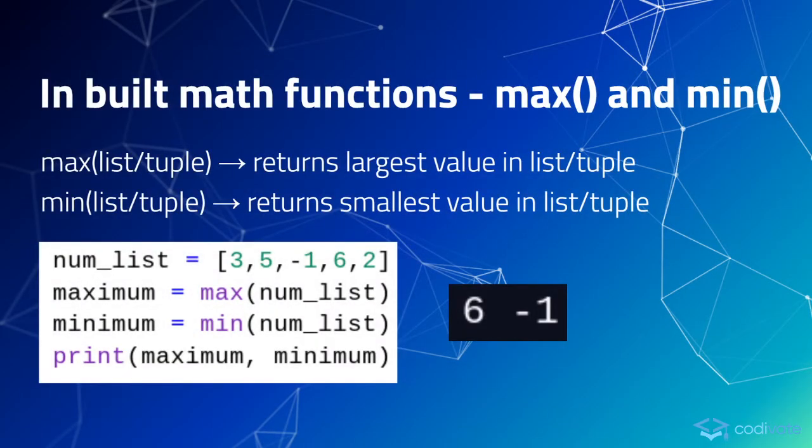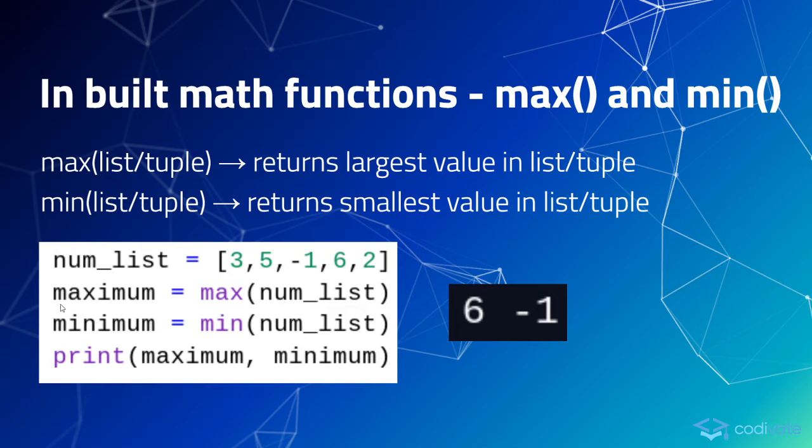So another useful inbuilt function in Python is the max and min functions. The max function can be called on a list or tuple, and it will return the largest value in the list. The min will do the same thing, but it will give us the smallest value in the list or tuple. So for example, we have our num list here, which has a bunch of values: 3, 5, -1, 6,